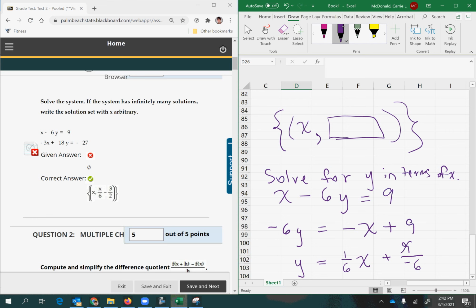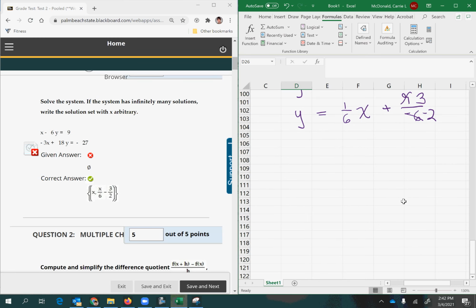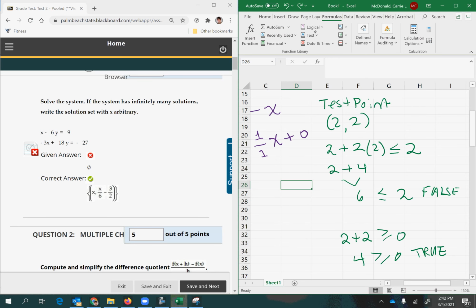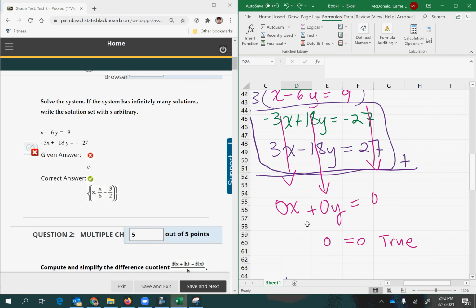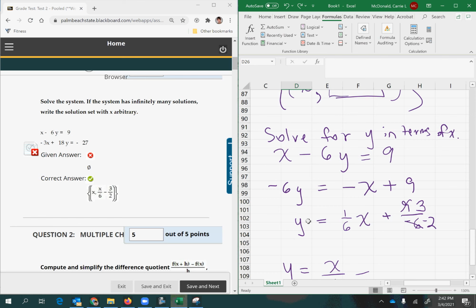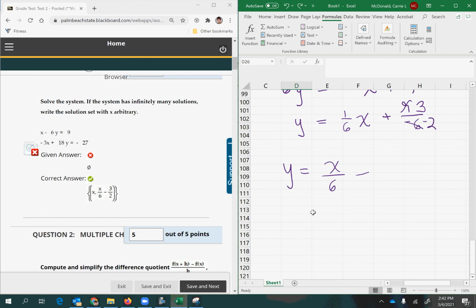So 9 is divisible by 3 three times, and negative 6 is divisible by 3 negative 2 times. And so you can see the result is, when it's reduced, y equals 1 times x is x over 6 minus